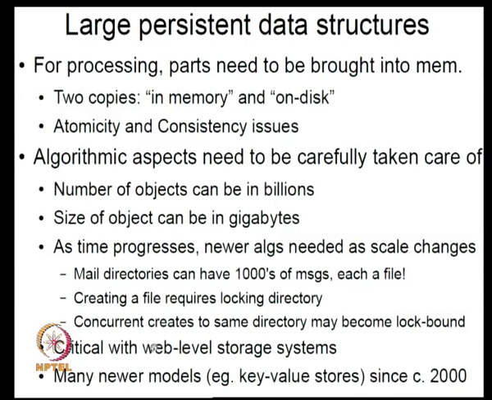And so I was mentioning the algorithm aspect needs to be carefully taken care of, and this is critical with web level storage systems, okay. Basically on a large scale, you have to figure out how to do this correctly, okay. And because of this, it turns out that many newer models have come up, what are called key value stores. They are slightly more flat systems compared to file systems. File systems give you a lot of functionality because applications use it. Applications require a lot of support, and